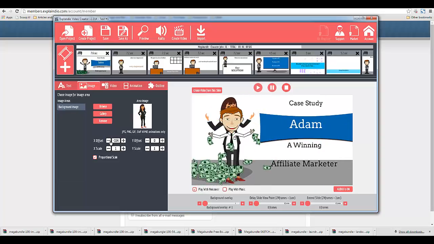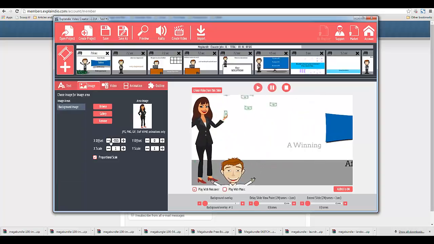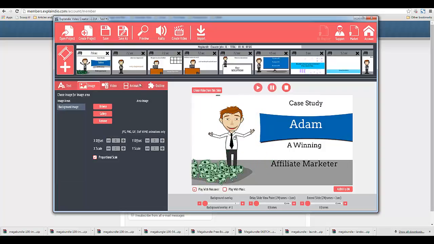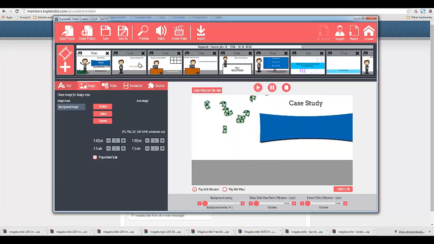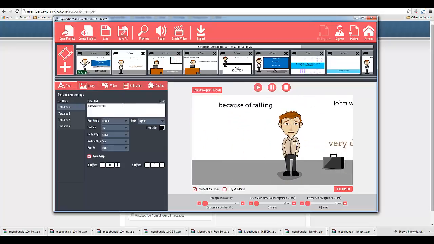And we can move her quite easily like so. Okay. So she's happy too, right? Both of them are happy. And we'll take her out. Just want to show you how easy that is to do. Now there's the duration, so we move on to the next slide, okay? And we go back here.